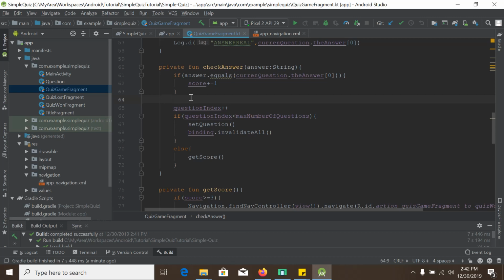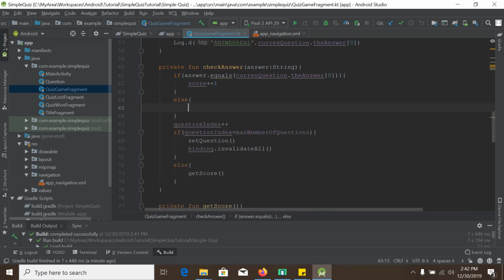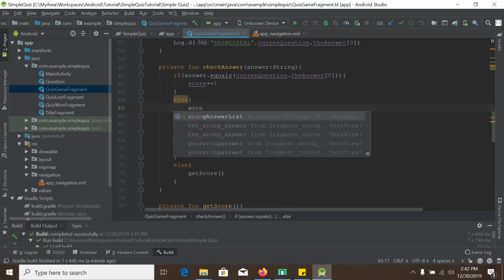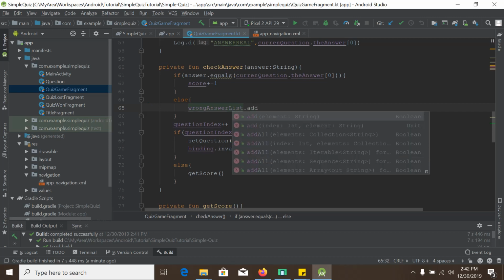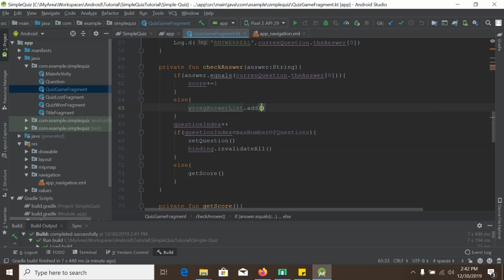How can I do it? We will put an else statement, and inside the else statement it will be wrongAnswerList.add, and it will be currentQuestion.question. Okay,